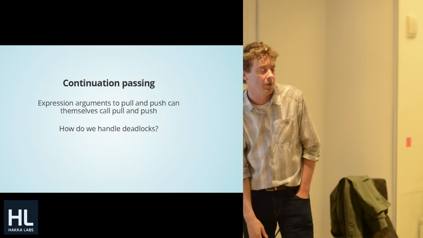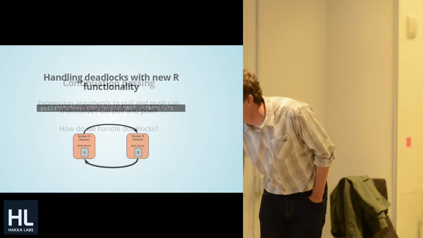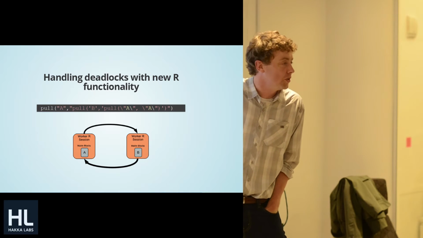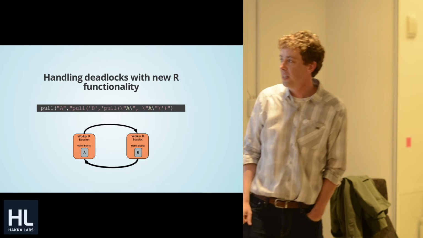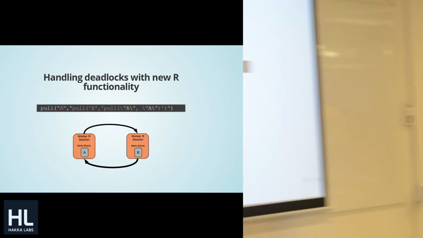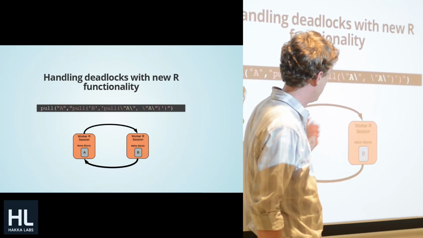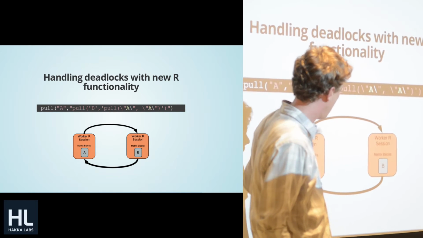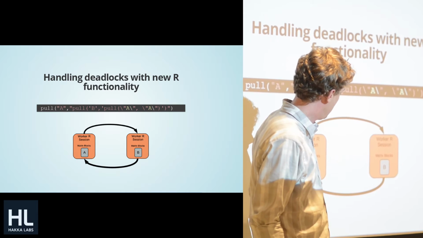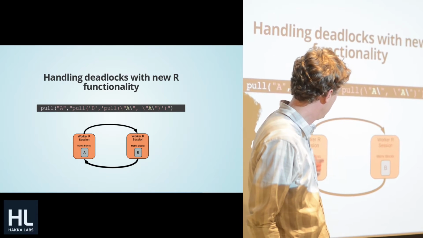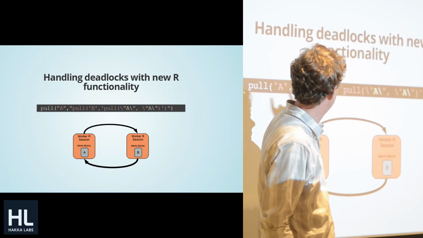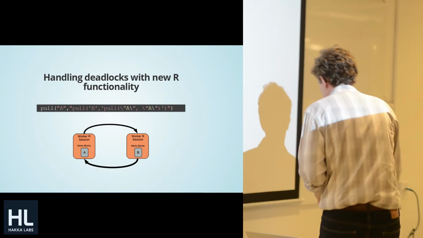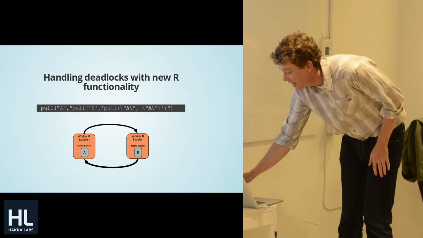So then there's the question of how do we actually handle deadlocking? And you want to see how you could cause a deadlock. It's essentially doing, say, go to A, then go to B, and try to pull A back to B. Because R is single-threaded, it would be blocking, waiting for B, and so this would not normally return. So to handle that,